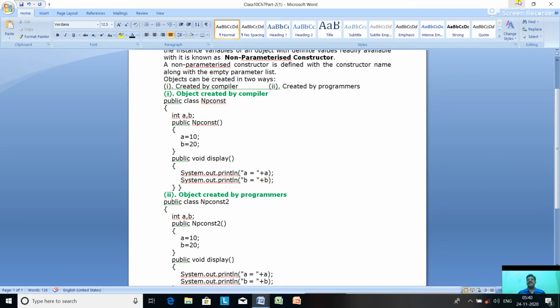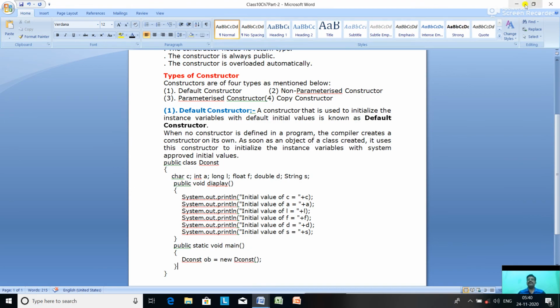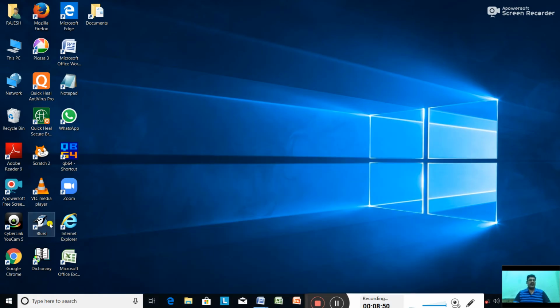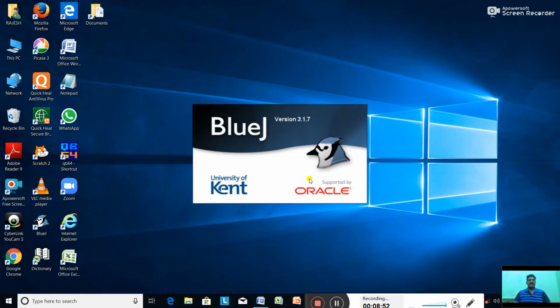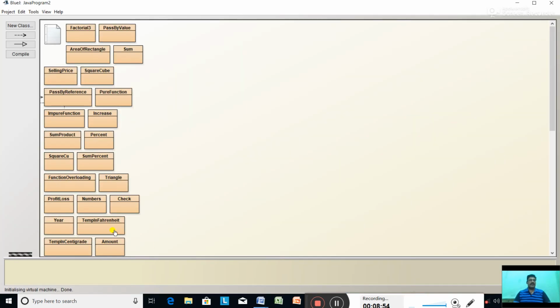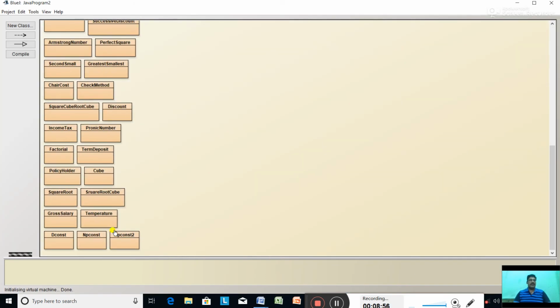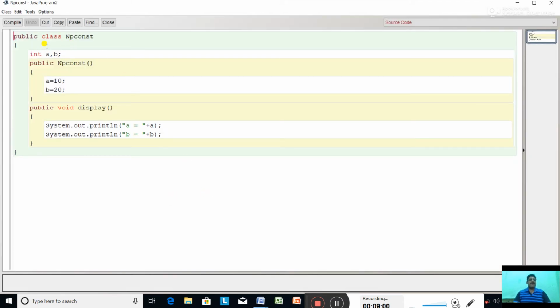So let us see this program. Public class npconst, int a, b, public npconst, A equal to 10, B equal to 20, public void display, System.out.println A equal to A, System.out.println B equal to B. Compile.